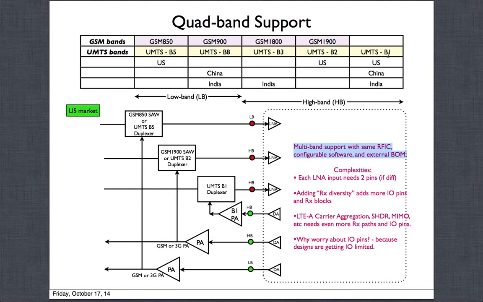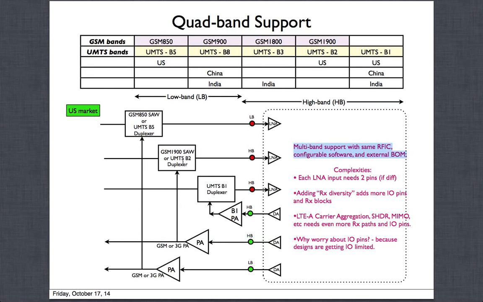And then we have band 1. Band 1, if you see, is the most popular band, and typically you will always have a dedicated path, in this case shown as high band. It will have a band 1 duplexer. So this is the input. It will have a DA, a dedicated path for high band out, going through a band 1 linear PA and going through the duplexer. Most phone platforms will always have a dedicated band 1, because band 1 is the most popular 3G, 4G band worldwide, and they will always have a path with a duplexer and a PA to support this band 1.